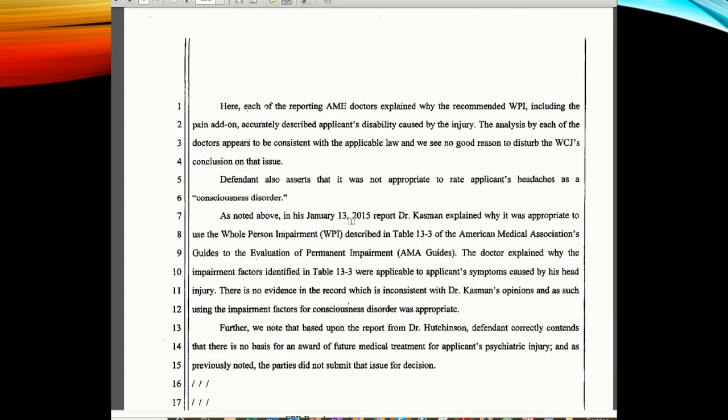the next page that here each of the reporting AME doctors explained why the recommended whole person impairment, including the pain add-on, accurately, and see here the key phrase is accurately, describe the applicant's disability caused by the injury, and the analysis by each of the doctors appears to be consistent with the applicable law, and we see no good reason to disturb the workers' compensation judge's conclusion on that